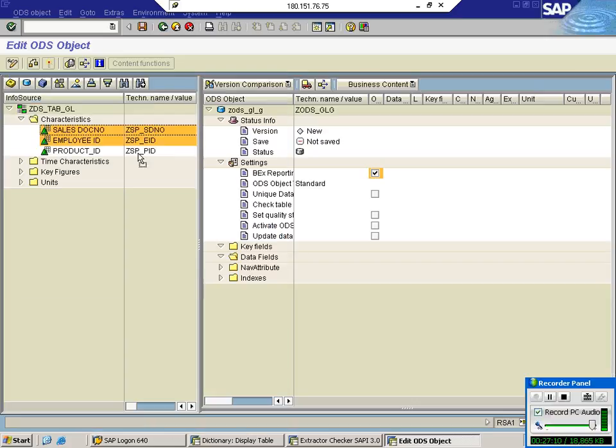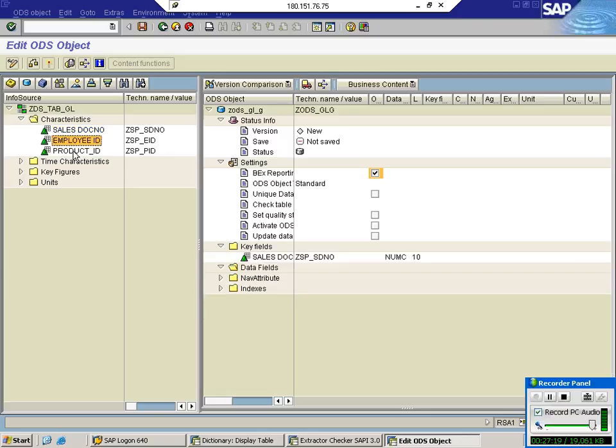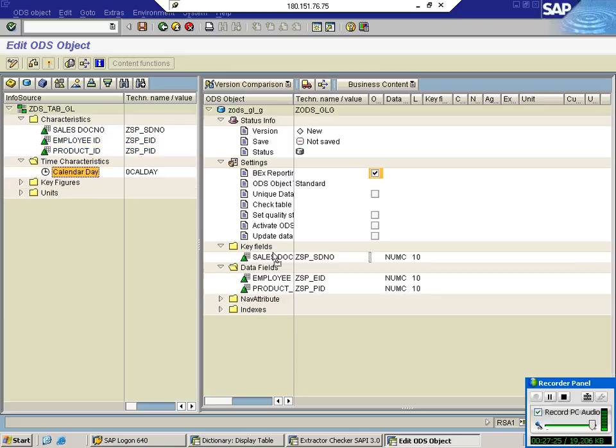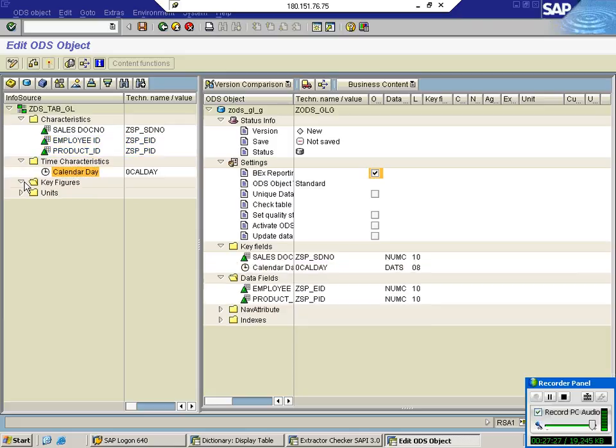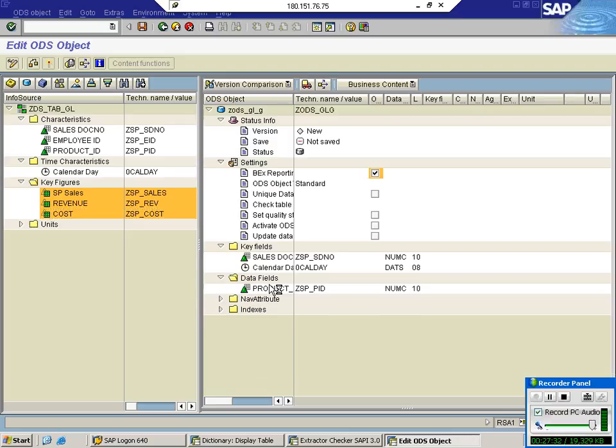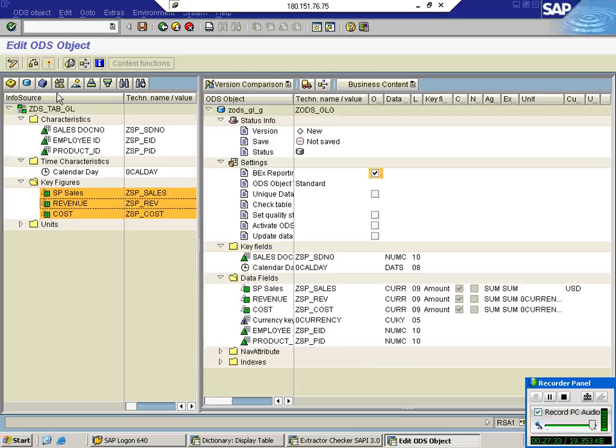Drag and drop the required characteristics. Go with activate.